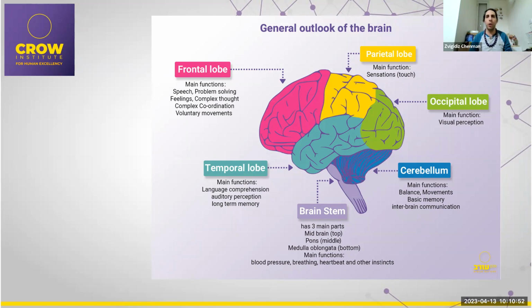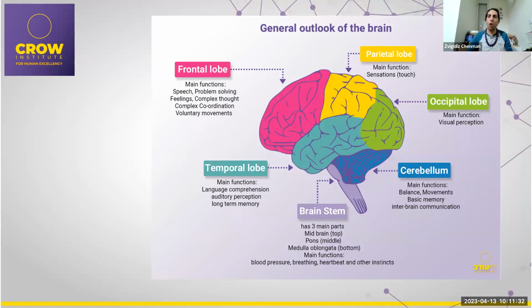Then we have the parietal lobe, which is basically the somatosensory lobe, mostly the sensations, but something with motor as well. We have the occipital lobe. The occipital lobe is mainly the visual lobe, although there are some other things that we do there. Again, this is very broad, it's very general. And we have the temporal lobe, which has mainly auditory and language functions, and it has something to do with memory. And two other parts that are less discussed, especially when you talk about brain training, but they have to do with it as well, are the cerebellum and the brainstem.